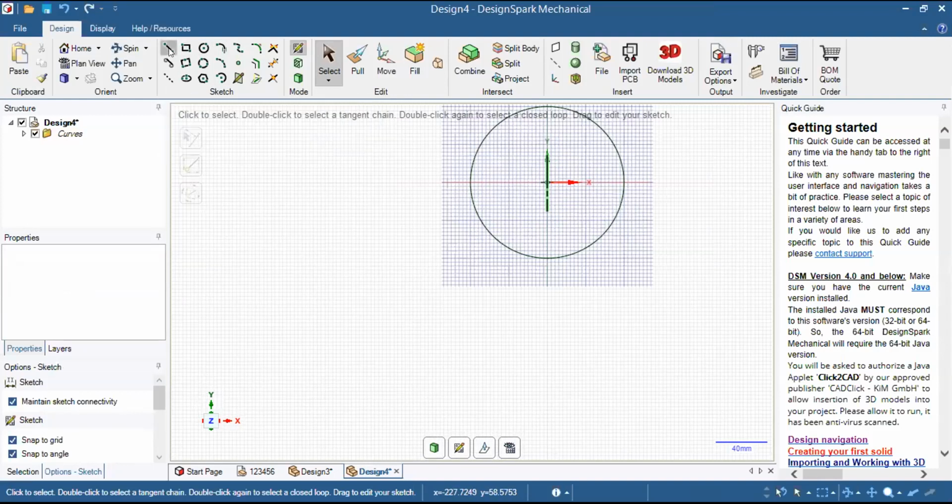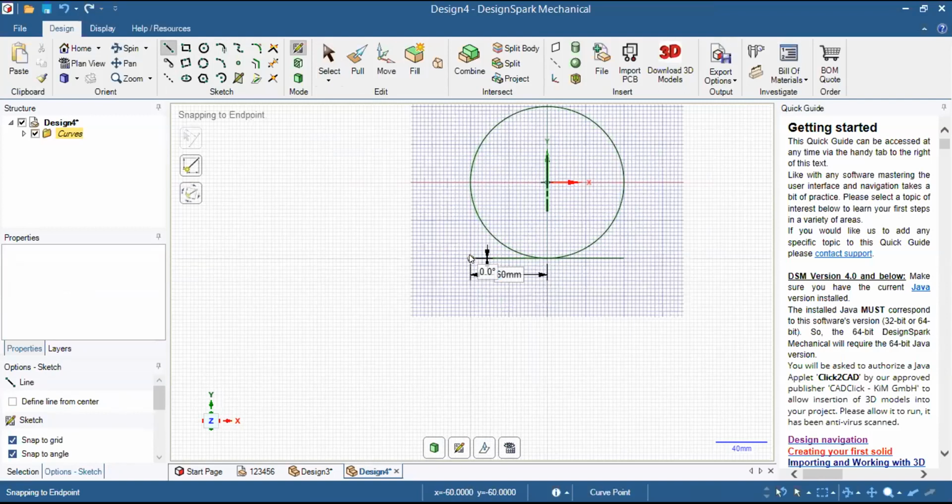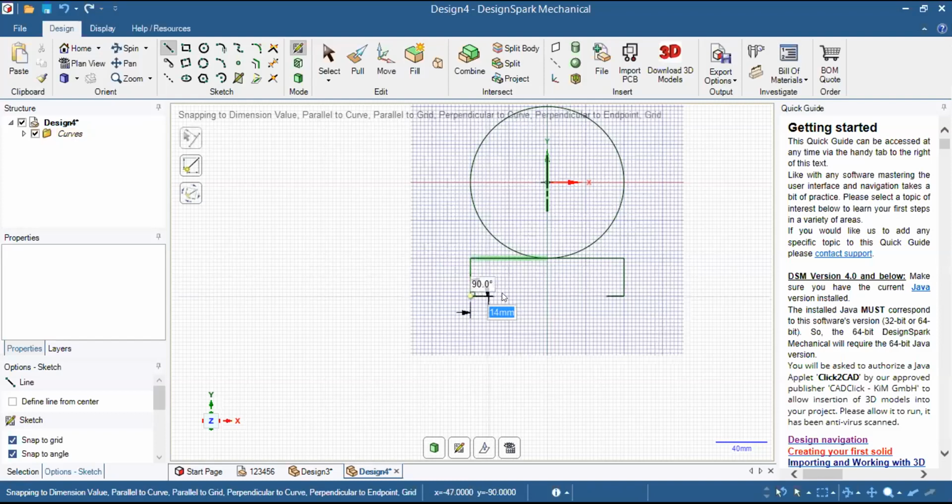I will go to line and draw a line like this. Now I will come to this point. To complete my rectangle, I will draw a similar line of 30 mm. Now we come to this side and we can see our rectangle is completed.